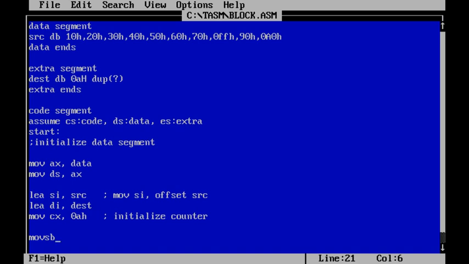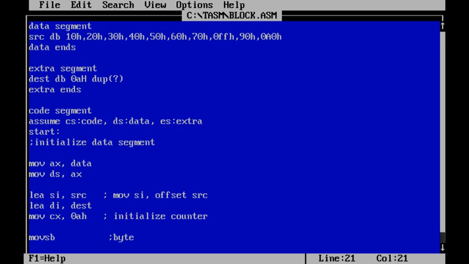The difference between these two is that move string byte performs transfer of only a single byte, whereas the move string word will transfer 2 bytes, or a word, from source to destination. So if I am using word, I need to adjust my counter, since each move SB transfers only 1 byte and each move string word transfers 2 bytes.